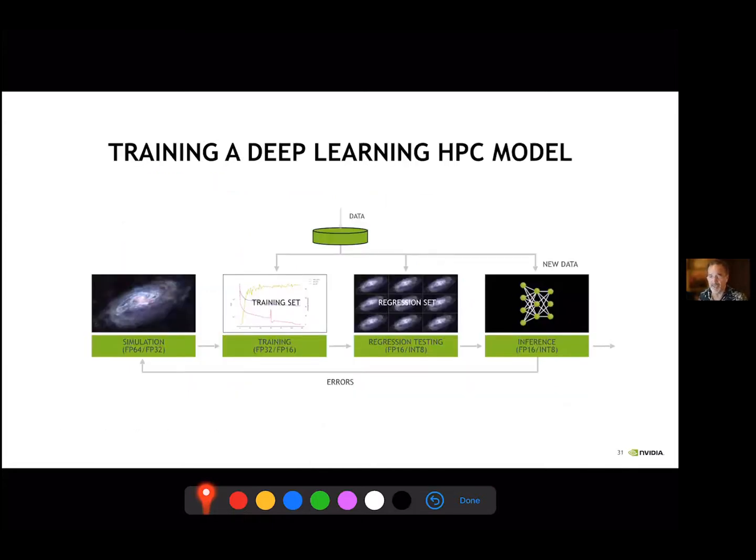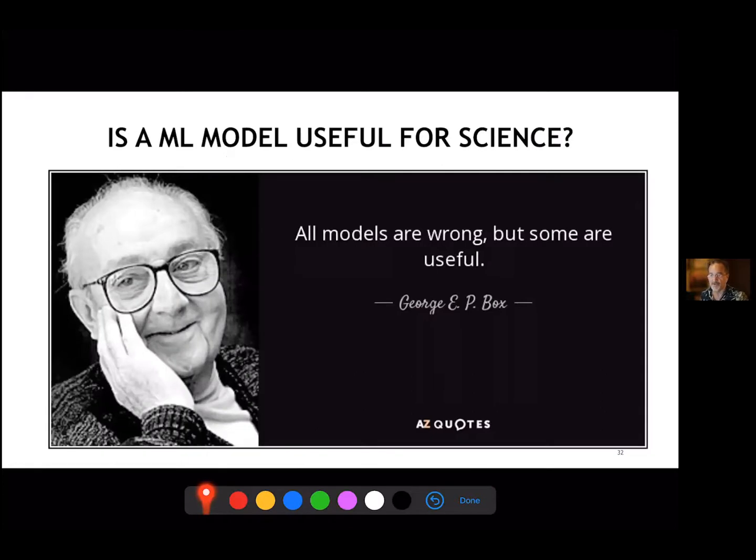So you can imagine that double precision could become really just the purview of simulations that are being used to generate training sets, and that you can be integrating simulation data with real world data. The workflow here is you reserve part of your data set to do regression testing, but you can see that the progression of precision required trends down as you get to this inference point. And once you reach this point of having a trained model, now there's the potential of orders of magnitude speed up. So the big question has been, since 2015, when I first saw that paper, is, are ML models really